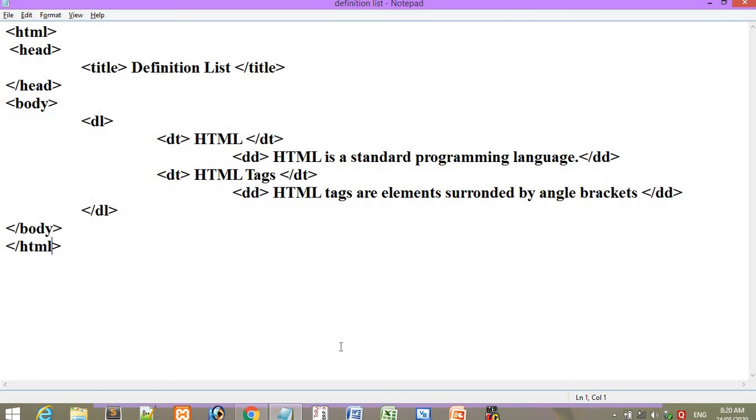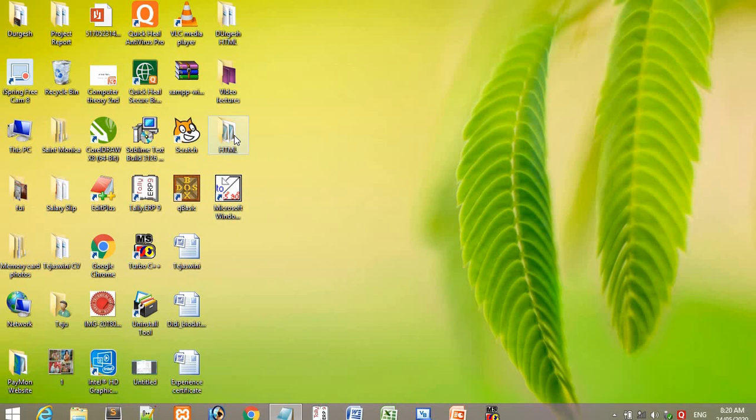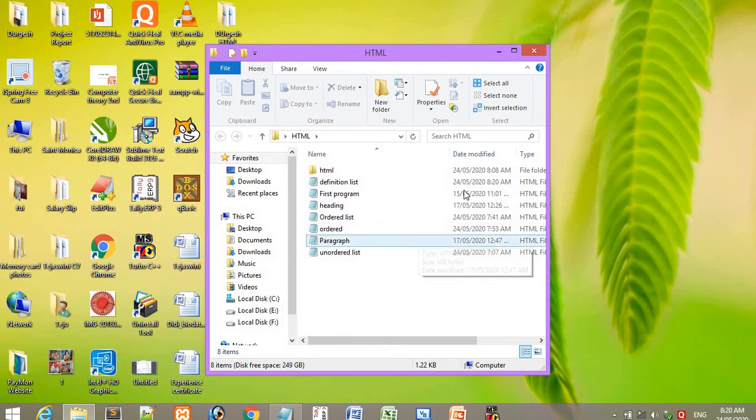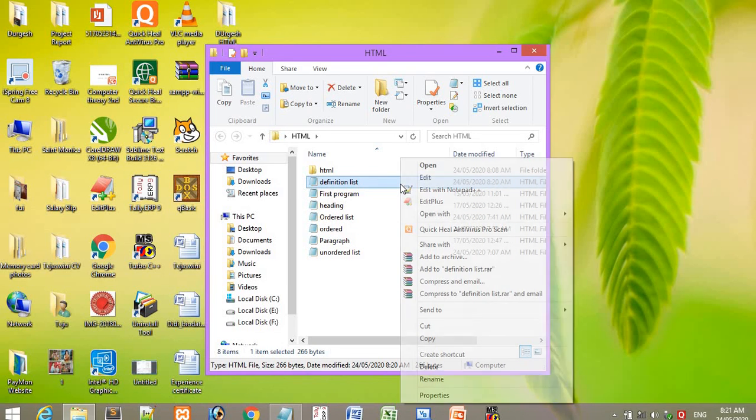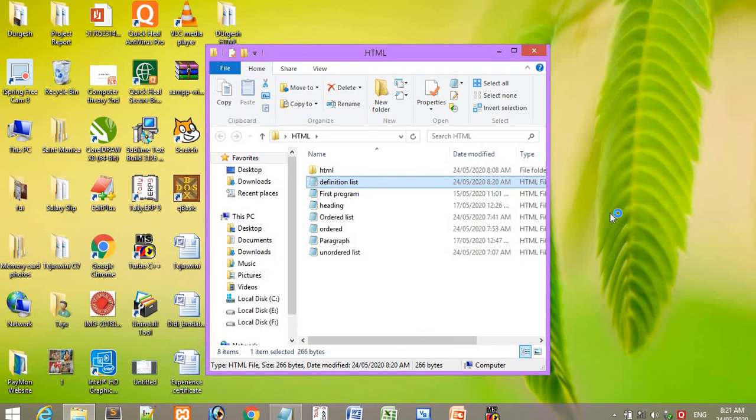After that, minimize the file and go on the desktop, go in the HTML folder, see where your program is, right click on it, say Open with, and click on Google Chrome.